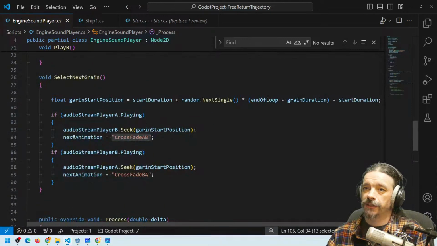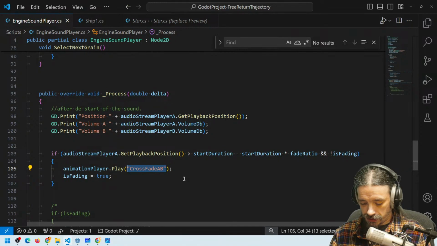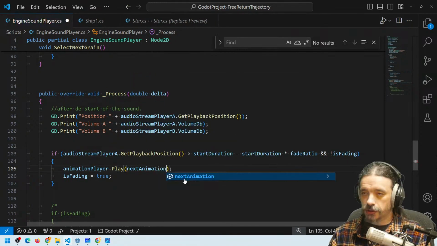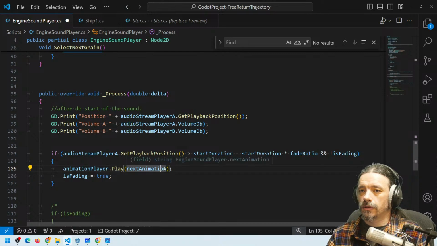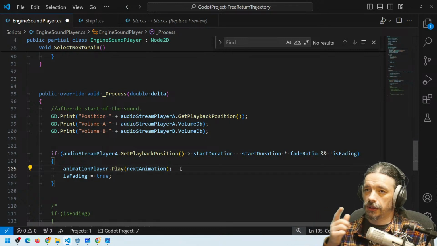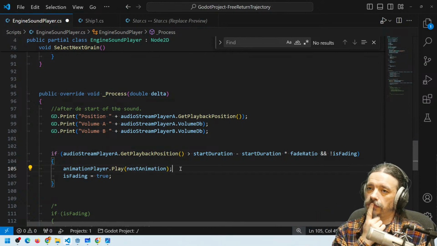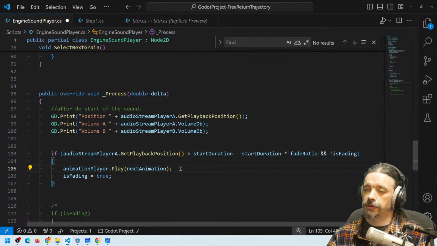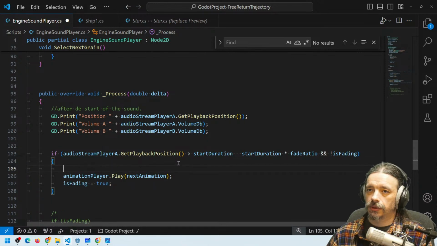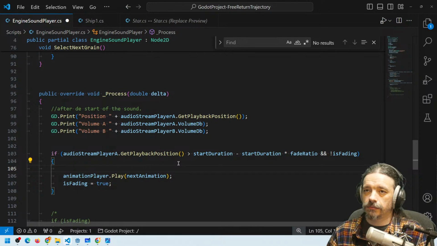It's going to be crossfade next animation. So it crossfades from one to another, but as soon as the animation starts, or before actually, we need to play the player B, which is